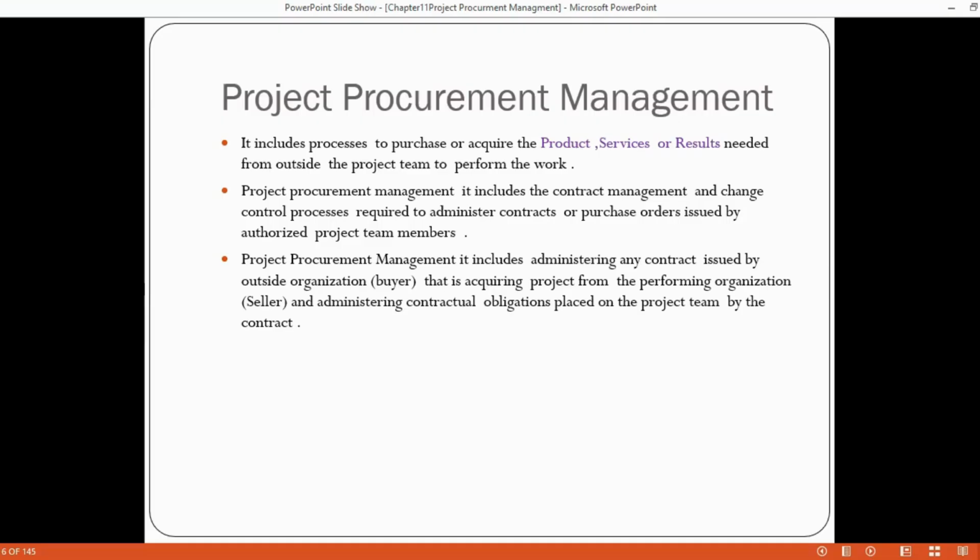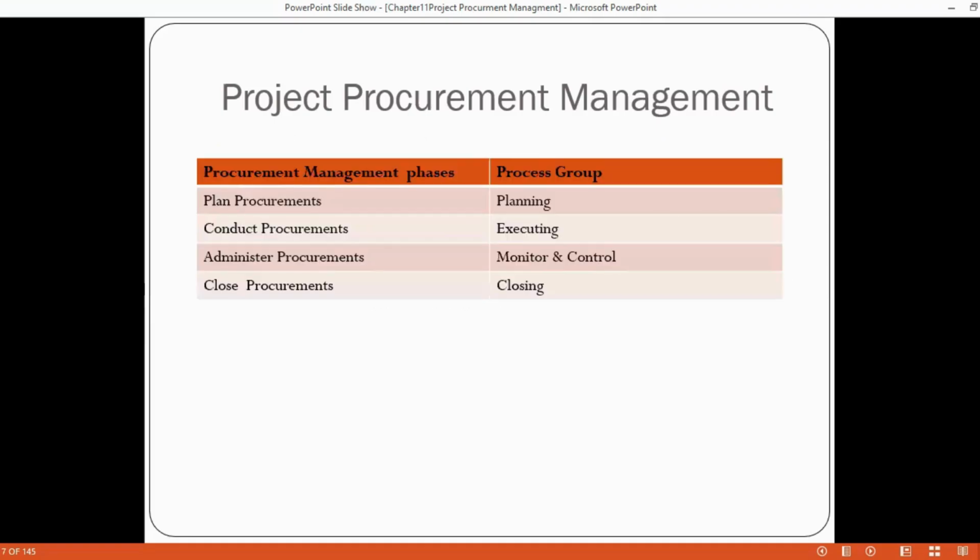So in other words, we're looking at a deal between a buyer and a seller. The buyer is the customer, the seller is the vendor. There must be a binding contract between them to reserve the rights of each of those two members. So when we look at the processes that are performed, we have plan procurement, which happens